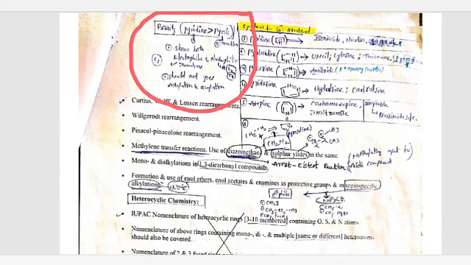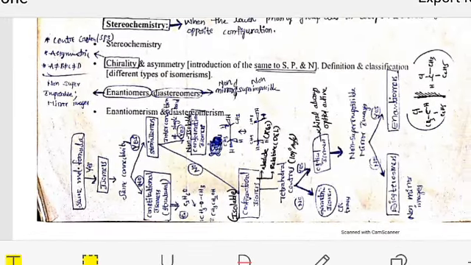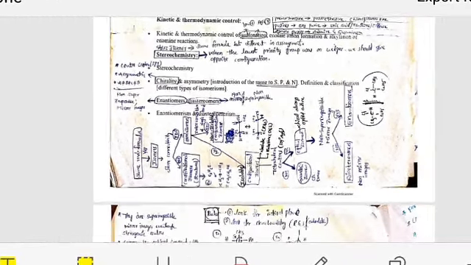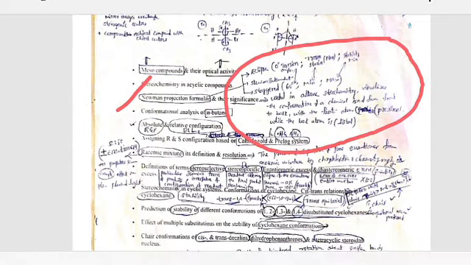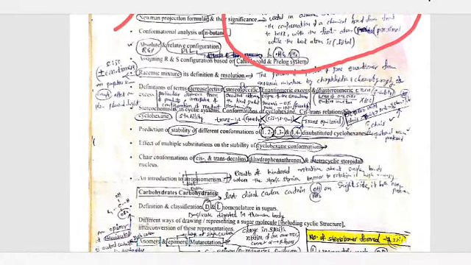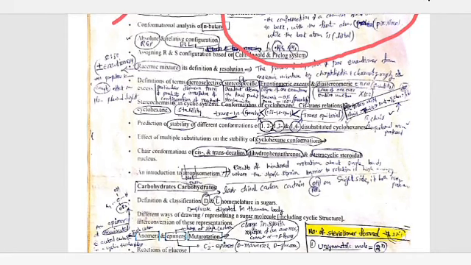I represented all the formulas and stereochemistry on one paper. Like this you have to prepare for your easy understanding. And after that I represented the meso compound definitions and what the Newman projection is. Everything is represented here only. And definitions of stereoselective, stereospecific, enantiomeric excess and diastereomeric excess, everything I wrote here only.